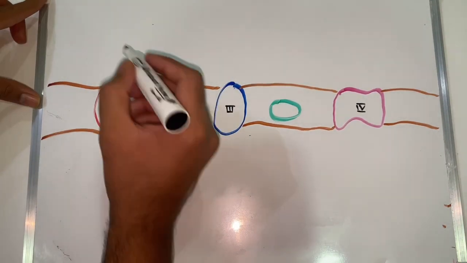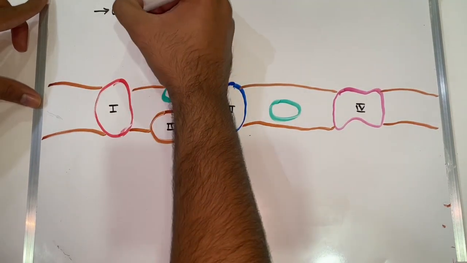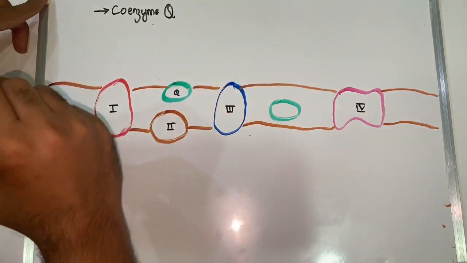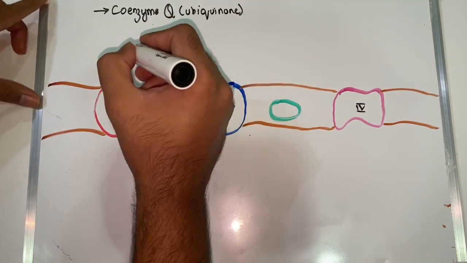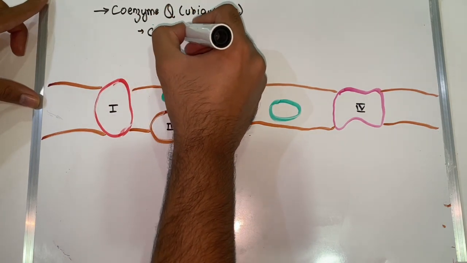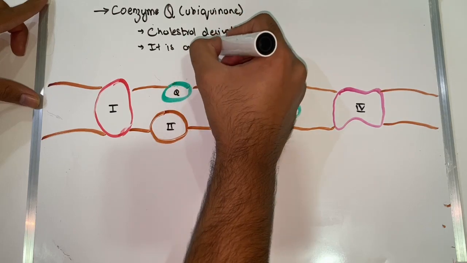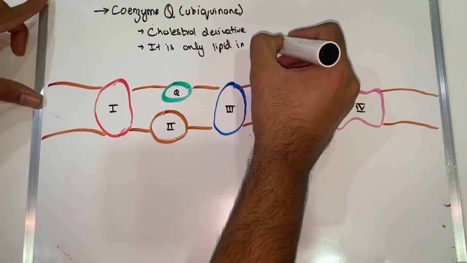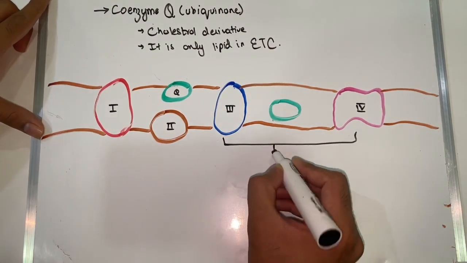Then it follows on into another pump in the inner membrane of the mitochondria, which is called coenzyme Q. Coenzyme Q is also called ubiquinone. It is basically a cholesterol derivative, and it is the only lipid which is found in this electron transport chain